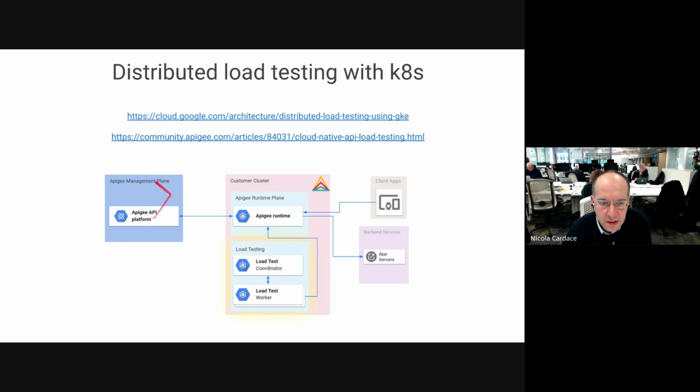What is important is that the management plane is not involved in the load testing. You see external client apps are here, but I'm actually testing from a different cluster. I can actually simulate a baseline load with my load testing tool. At the same time, I can actually test a real-life scenario for my real-life client applications that are connecting from the public internet, for example.